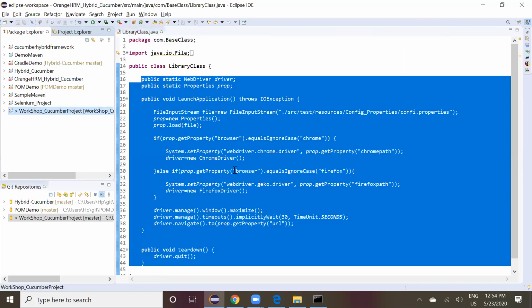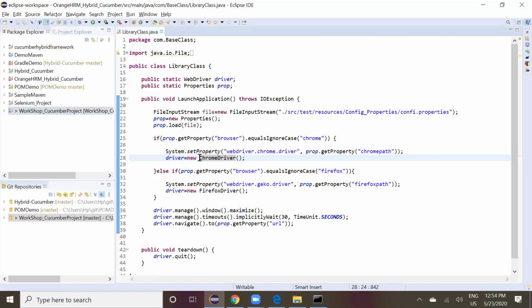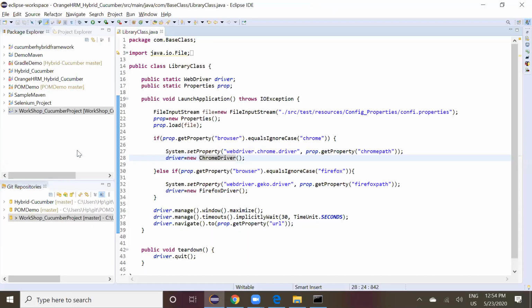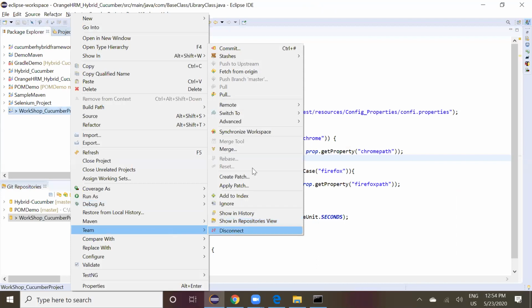Okay, you're done, right? Next, go to the project. Click commit.